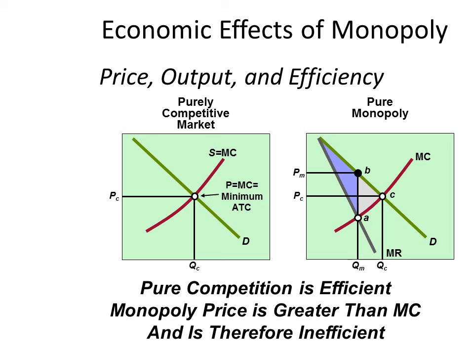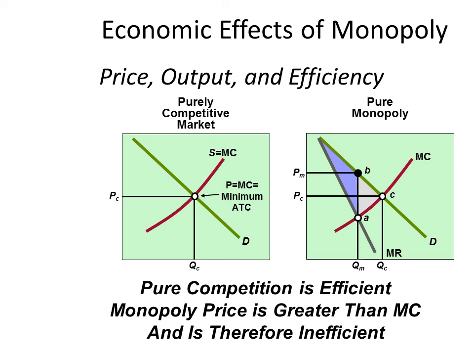Now, why is this inefficient? Notice that triangle. We'll call it the ABC triangle, and we'll call that color light tan, ABC triangle. Economists call this deadweight loss. What's happening is this. In terms of allocative efficiency, this market is not allocating enough resources towards the production of this particular good. Why? Because society would want QC level of output, so there would be more resources needed, more land, capital and labor needed to produce QC. The industry is only producing QM.